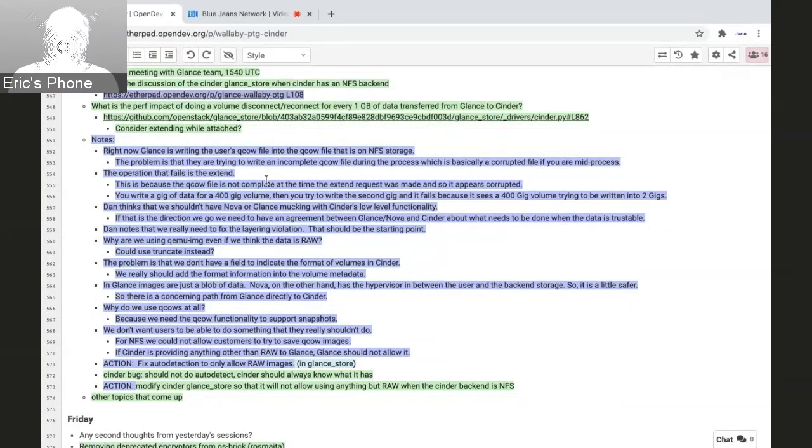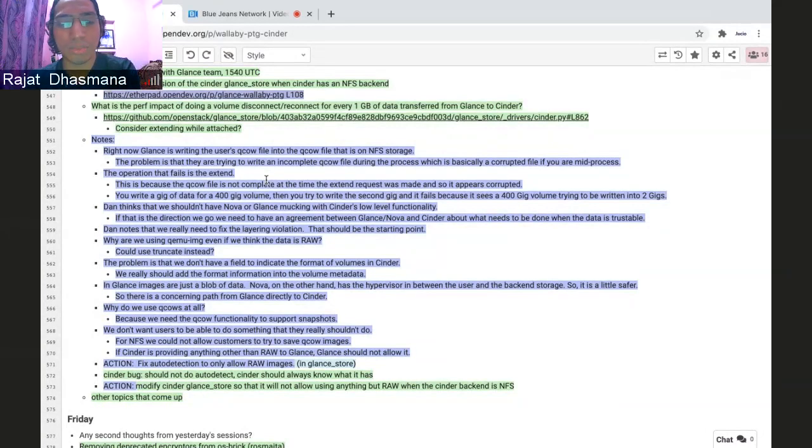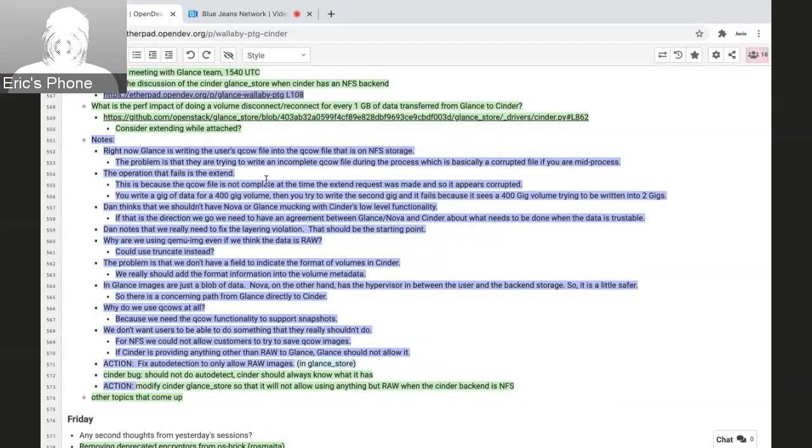And so I don't know, I'm just wondering if anybody has looked at fixing that to do an attached extend, or if anyone has even considered that this might be an issue, because it seems like it would really hamper your ability to quickly transfer data for large images. So Eric, if I understand correctly, all backends cannot do attached extends, right? Like NFS, for example. I don't even remember. That's probably true. I don't know.